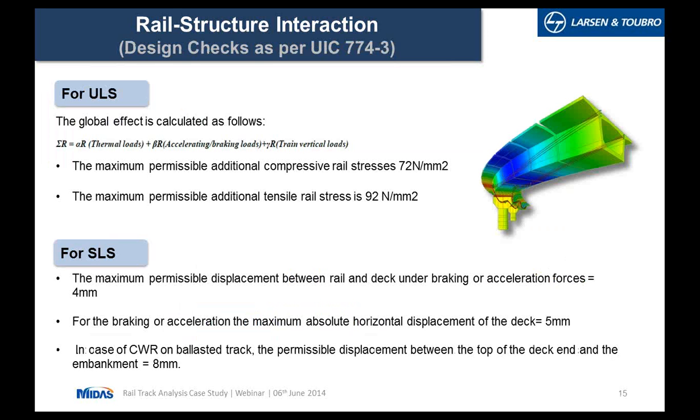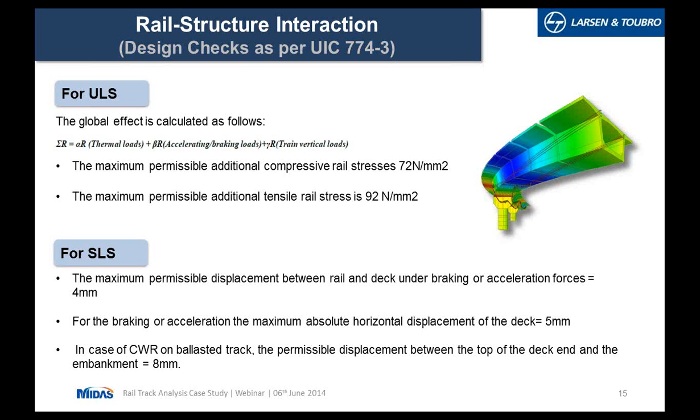As per the UIC, we have to check these effects of rail structure interaction in both SLS and ULS cases. In ULS, we check for maximum tensile and compressive stresses which are occurring, and compare them with the strength of the rails. These strength parameters are also defined by UIC. For example, the additional compressive stress that is allowable is 72 N/mm²,